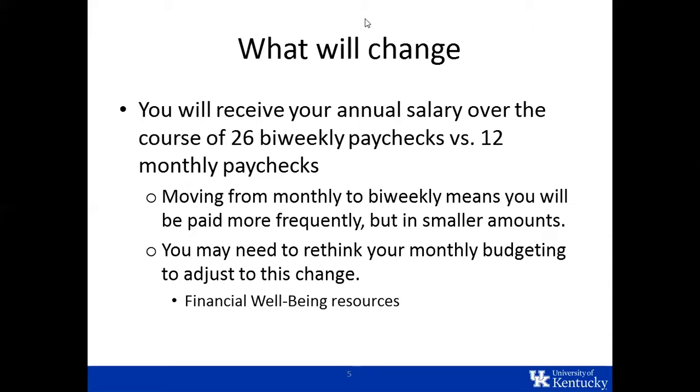But 2 months out of the year, when you get those 3 paychecks, you will actually be paid 38% more on those months. So this will have an impact on your budgeting,